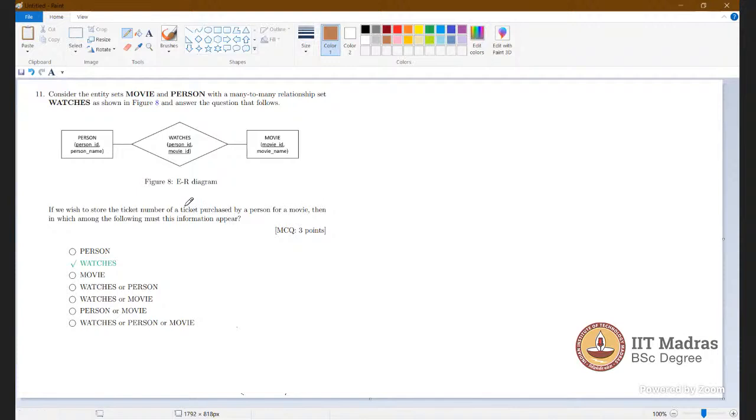So we want to store this ticket purchase. What is your approach to do this? Please explain. In three tables, you have to store it in one of the entity sets. This question is clear to you, right?